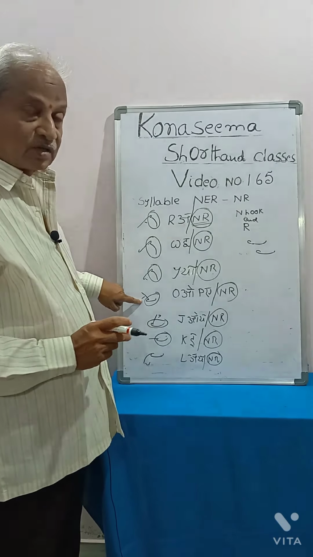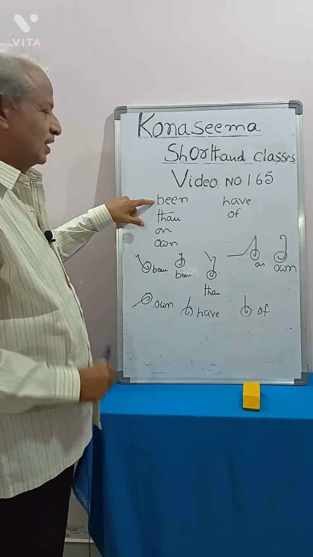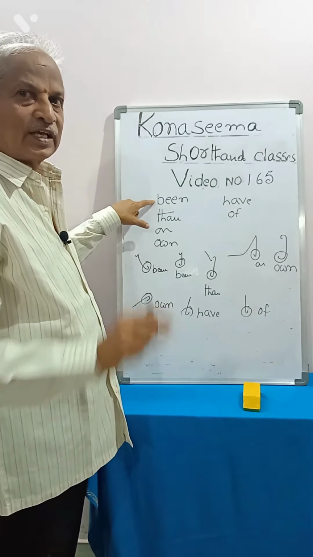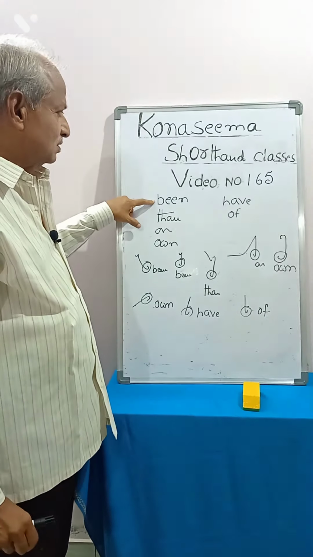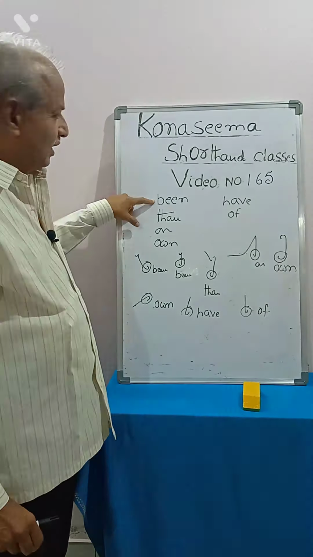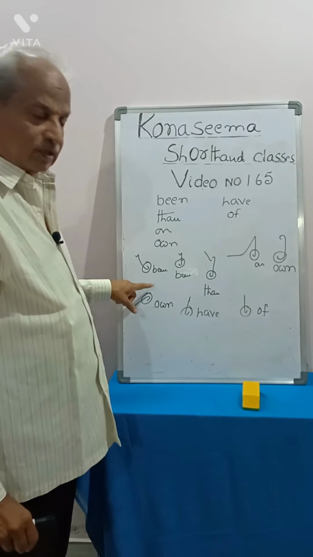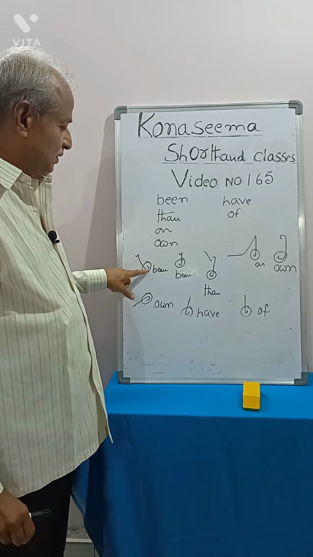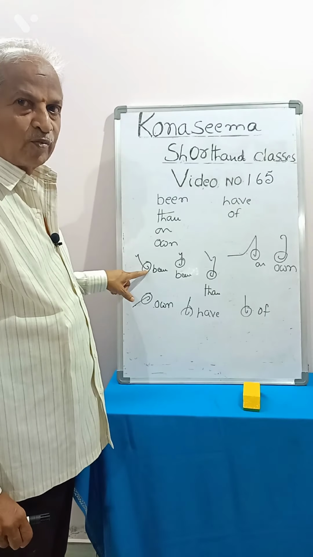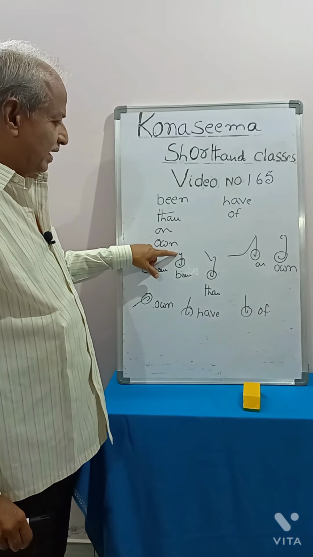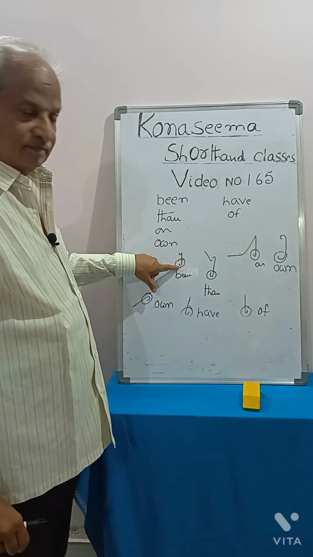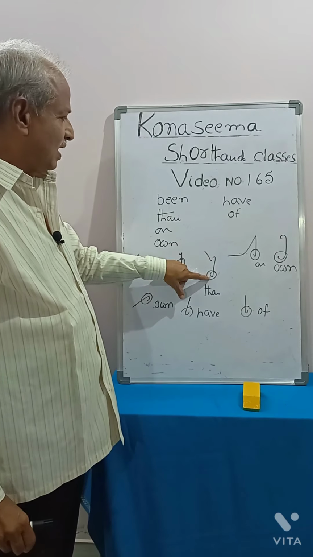liner. In phraseography, this N hook and F or V hook can be utilized. If N hook is written in phraseography, it comes either been, then, on, own. You see here, I have been, I have. If you put N hook to the I have, it sounds been, I have been. Here, I had been,